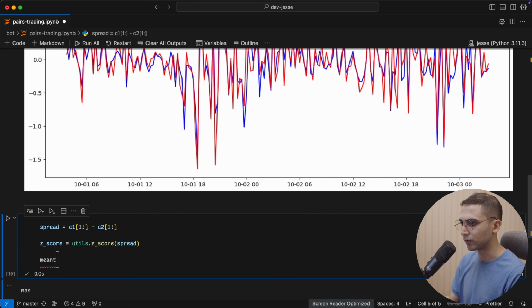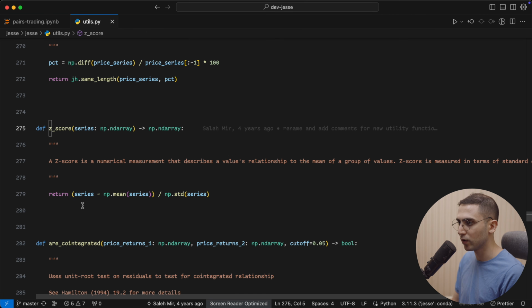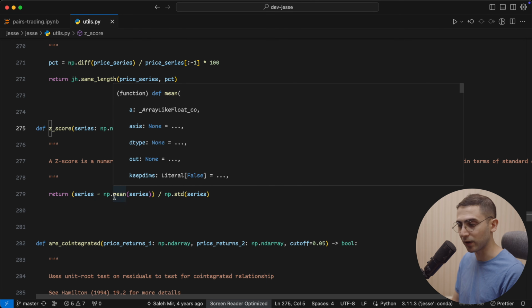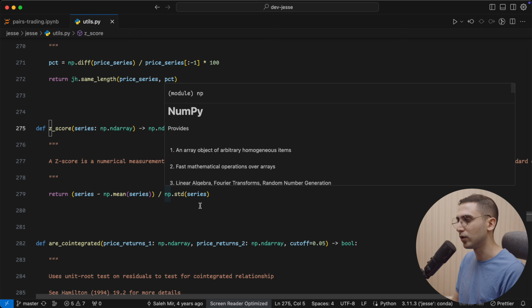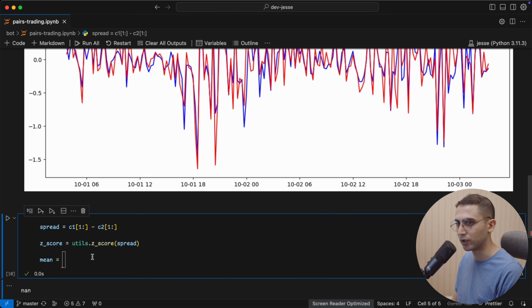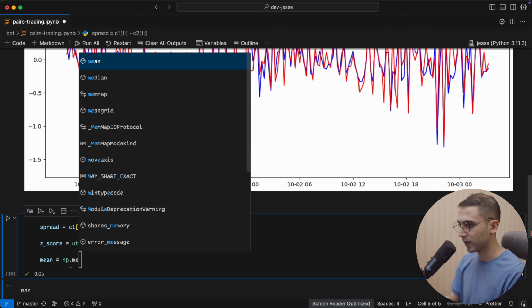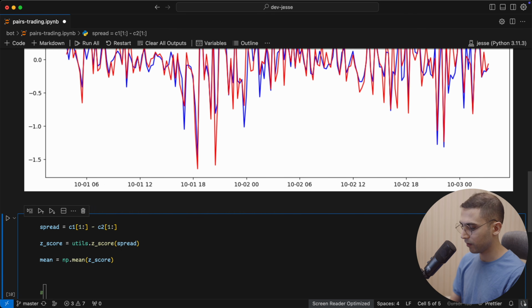Now, I'm going to also define the mean. Now, by the way, the z-score function will use the mean itself. Now, if you're curious to know how it works, it's basically this price series minus the mean of that price series divided by its standard deviation. Right? Now, you don't have to know about the exact math behind it. You could just use it, but knowing it certainly helps. Right, so I am also going to define the mean of it myself because I want to print it on the chart. And for that, we can use NumPy, and we will just pass the z-score,